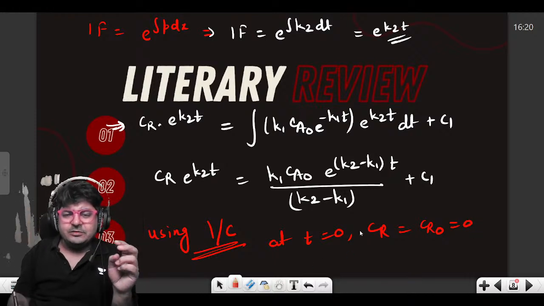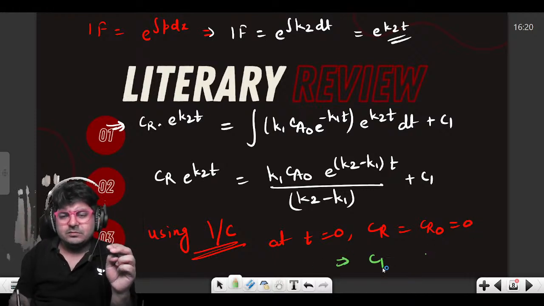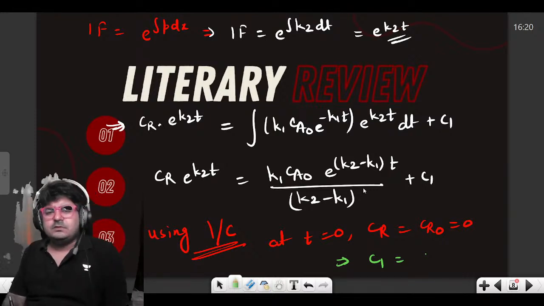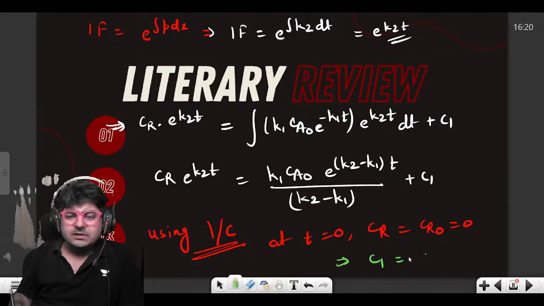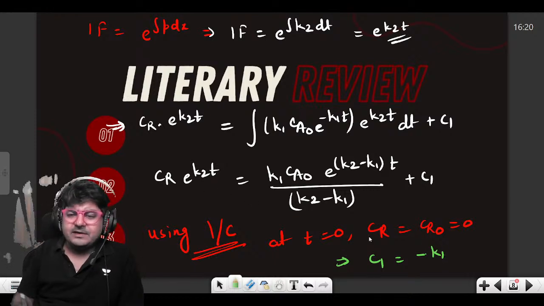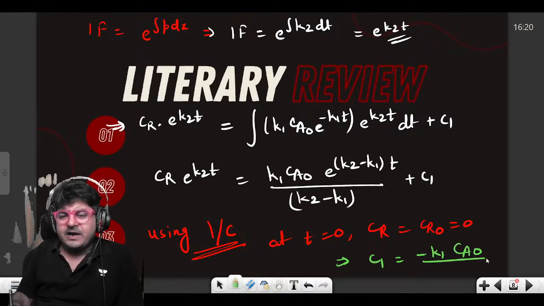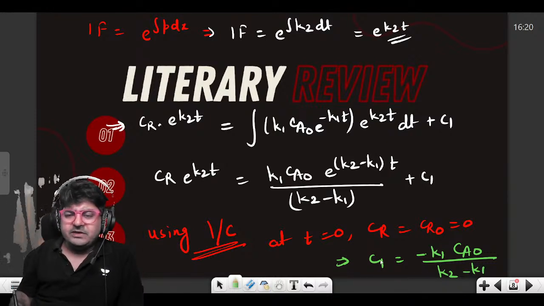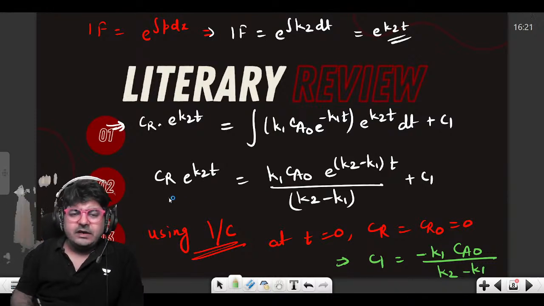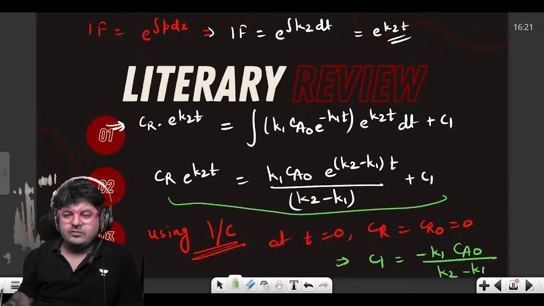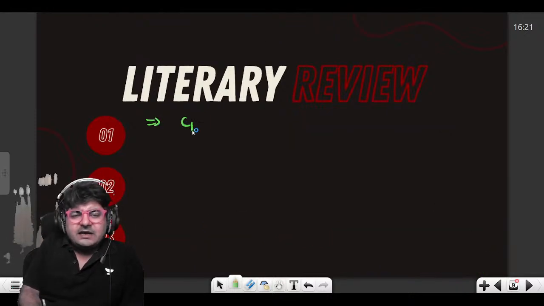So if you put these values, e to the power 0 is 1, the left hand side will become 0, so C1 will be minus K1 Ca naught upon K2 minus K1. And now if you put the C1 value here, ultimately you will get CR is equal to,